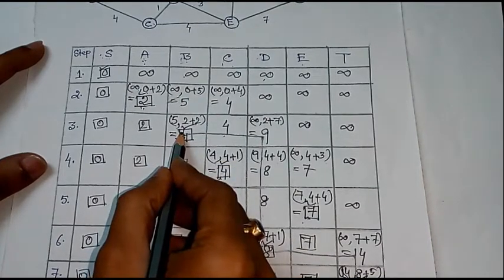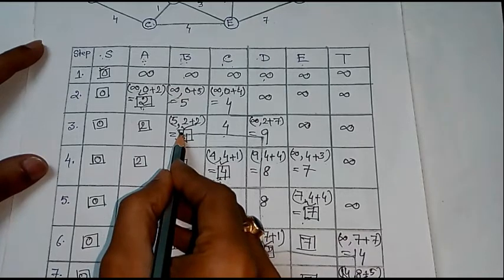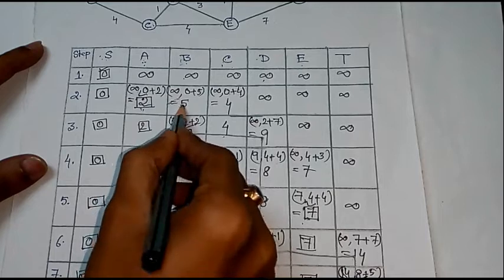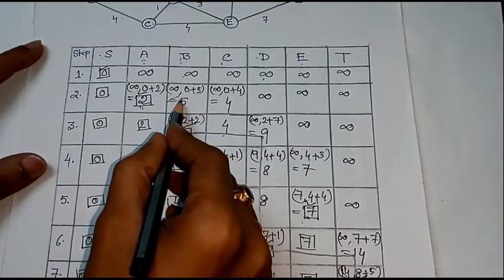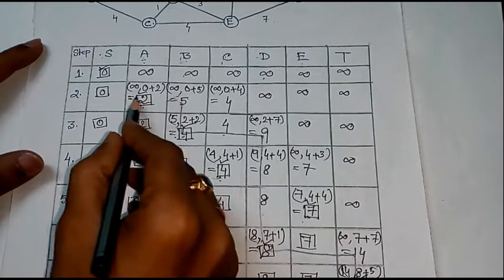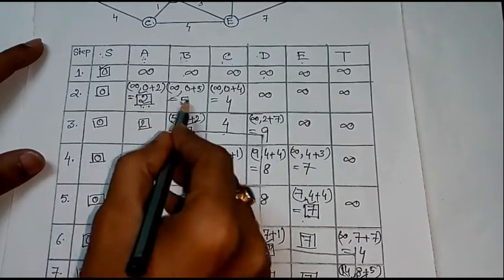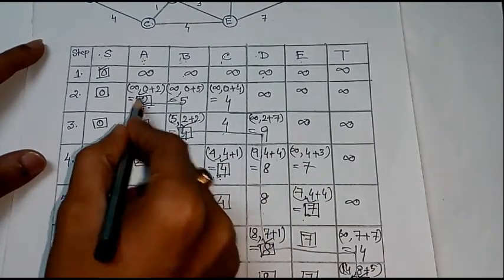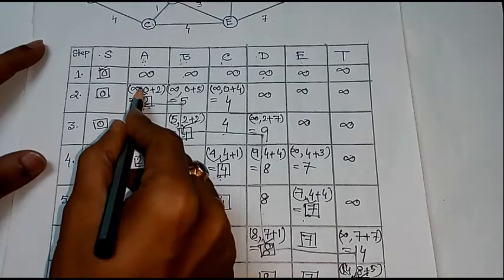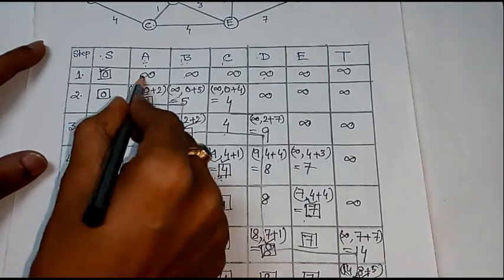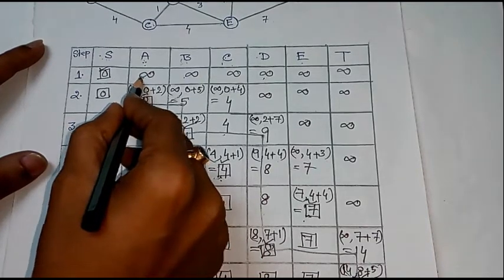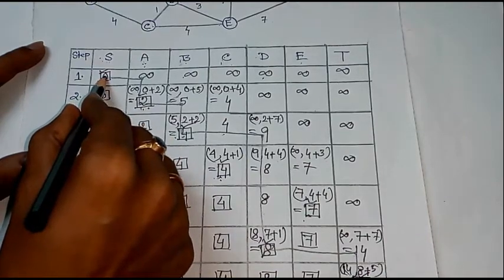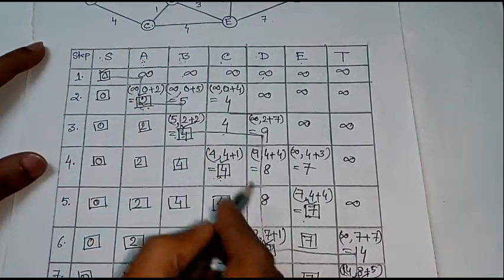Again we move vertically upward until there is a change, and if we move vertically upward we find that there is a change, it is 5, so we stop here. And again we find the permanent label of this step, and in step number 2 this 2 was the permanent label, so we move from 5 to 2. Next we move vertically upward until there is a change, and this is a change, infinity. In this step we have to find the permanent label, that was 0, so we move from infinity to 0. So this was the starting vertex, and this should be our shortest path.